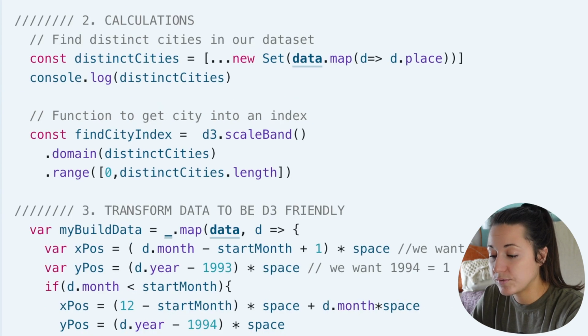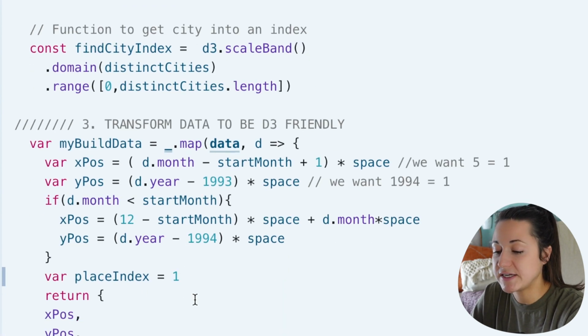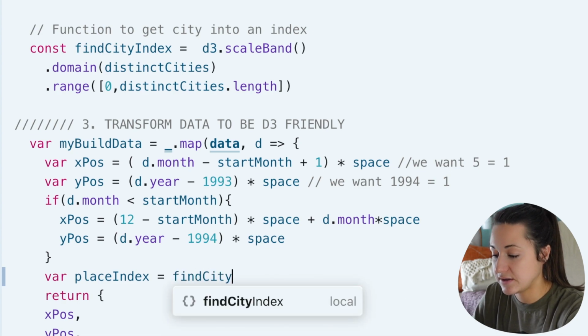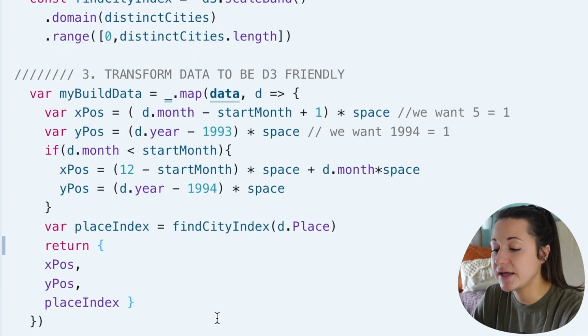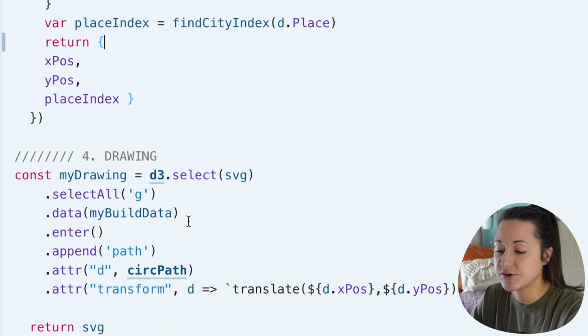Okay, so now when we go back down here, instead of our place index being just 1, we can say it's going to be find city index, and then we'll enter in d.place. And then down here, instead of just saying make it a circle path no matter what, we're gonna say